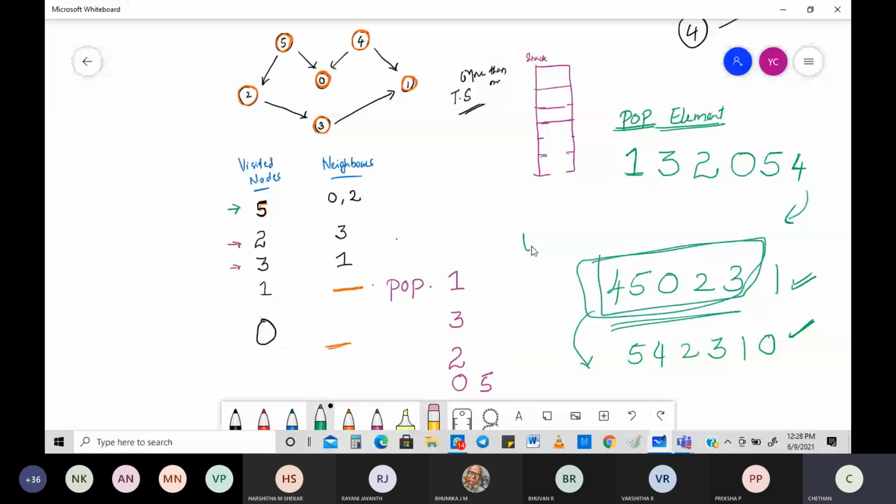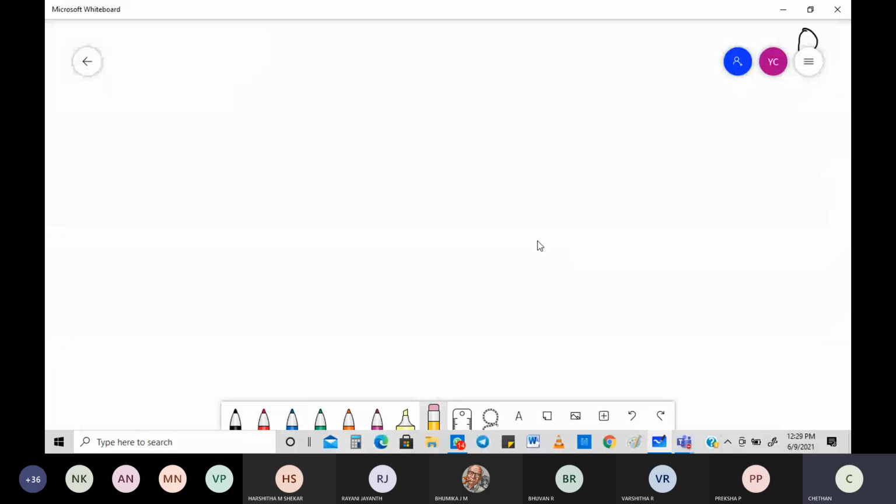So with the topological sorting method we used, this is what we got. Very clearly, keep this in mind: there's pushing, there's popping, checking for neighbors and doing things. Any other things to be kept in mind? No. Okay, we'll take one more example, and we're not going to leave it until you people get used to it and become experts. We'll take a bigger example, because it's the last one, and work through it.